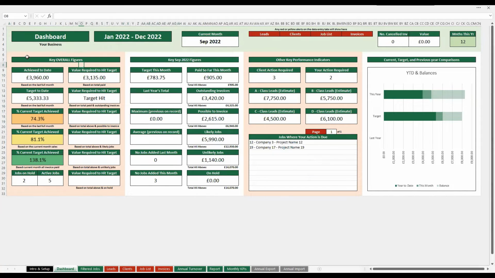This first section here is the overall figures. So we can see, for example, that's what we've achieved to date, and that's based on the last full month, so not your current month. That's a target to date. So in other words, at the end of last month, we should have been at 5333, but we weren't. We're at 3960, which means that we have achieved 74.3% of the target. However, if we add in the current month sales to where we are at the moment, then that means that we've actually achieved